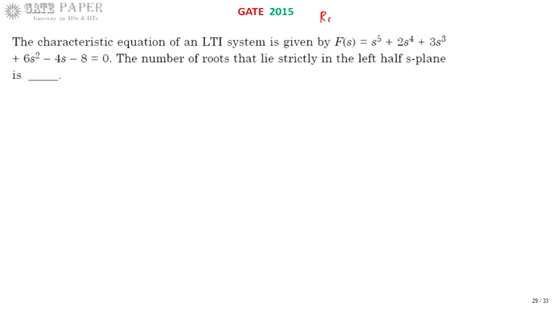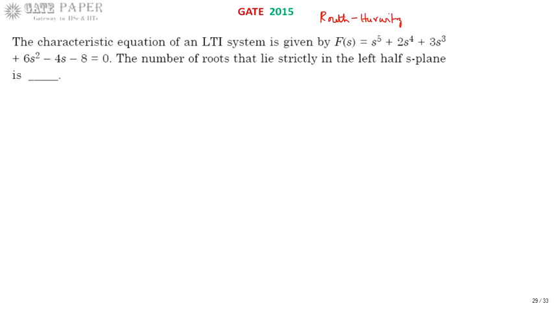So by using the Routh-Hurwitz criteria, we can get the number of poles on the right hand side, and we can get the number of poles on the j omega axis. If you know the total number of poles of the given characteristic equation, then simply subtract the poles on the j omega axis and the poles on the right hand side, then you will get the poles that lie exclusively on the left half s plane. This is how we are going to calculate.